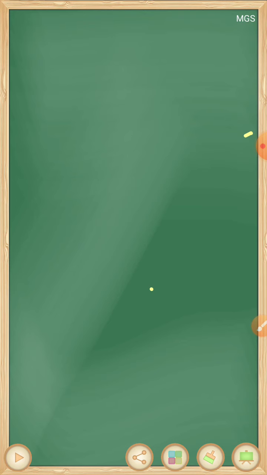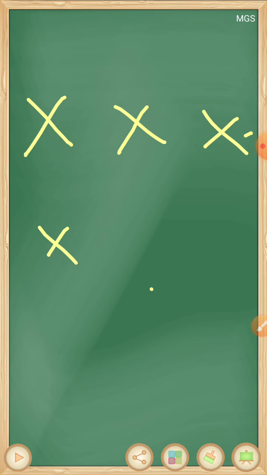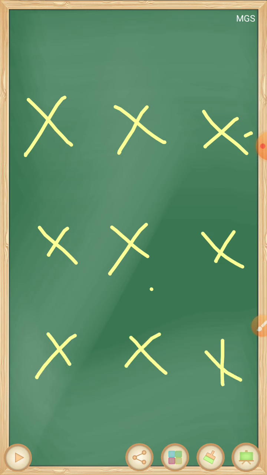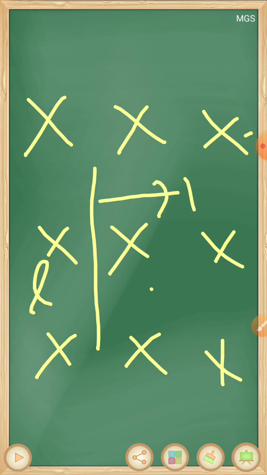In our previous video, we discussed motional EMF. Suppose this cross represents the magnetic field which is perpendicular to the plane and pointing downward. Now if a rod of say length L is moved with velocity v in this magnetic field,